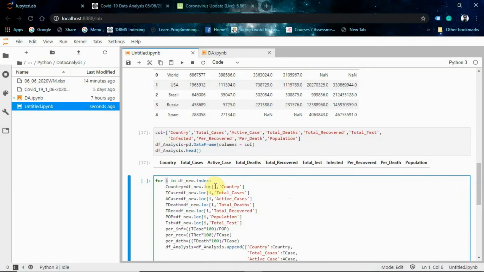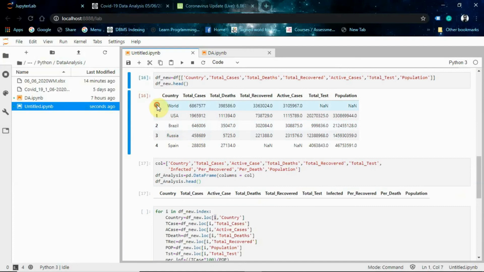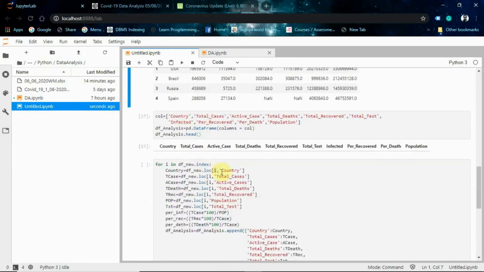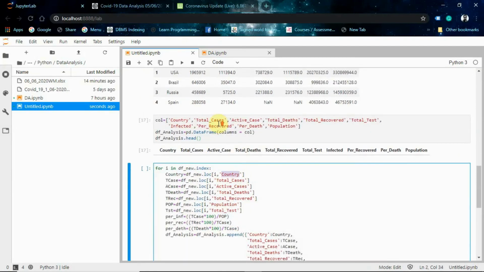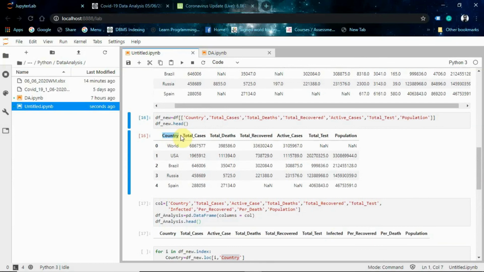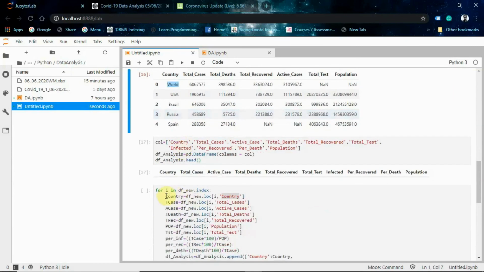So what it is going to do, it will take the 0th index of the row, this one, and the column name is country, so the name world is going to be stored in the country variable, right?